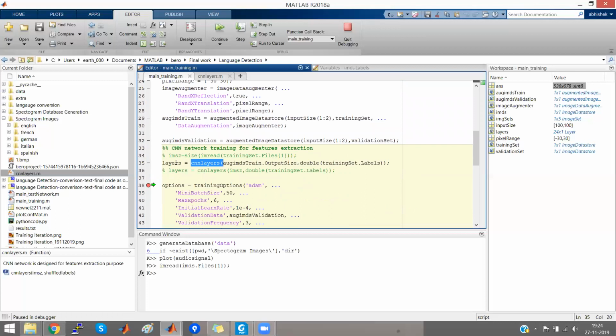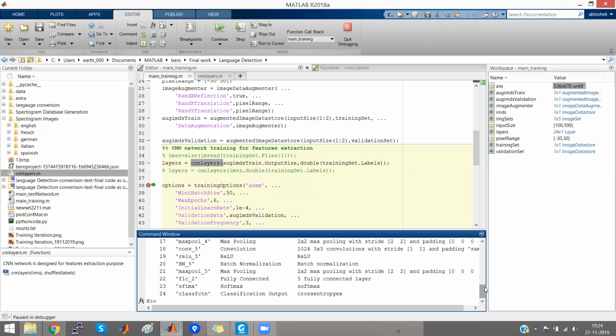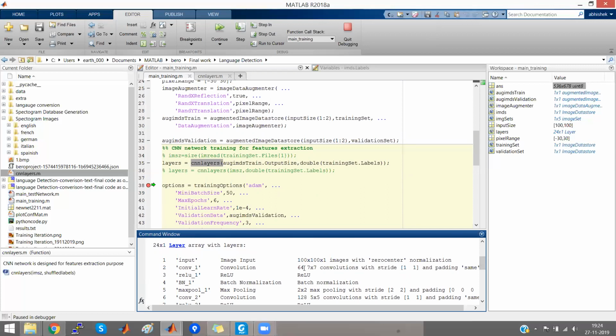We have the layers here. You can check out the layers. A total of 24 layers are there. The first one is the input, of size 100 by 100 by 1. Here 1 represents the number of channels, since our image has a single frame because it is in gray format. So the third value would be 1 every time.